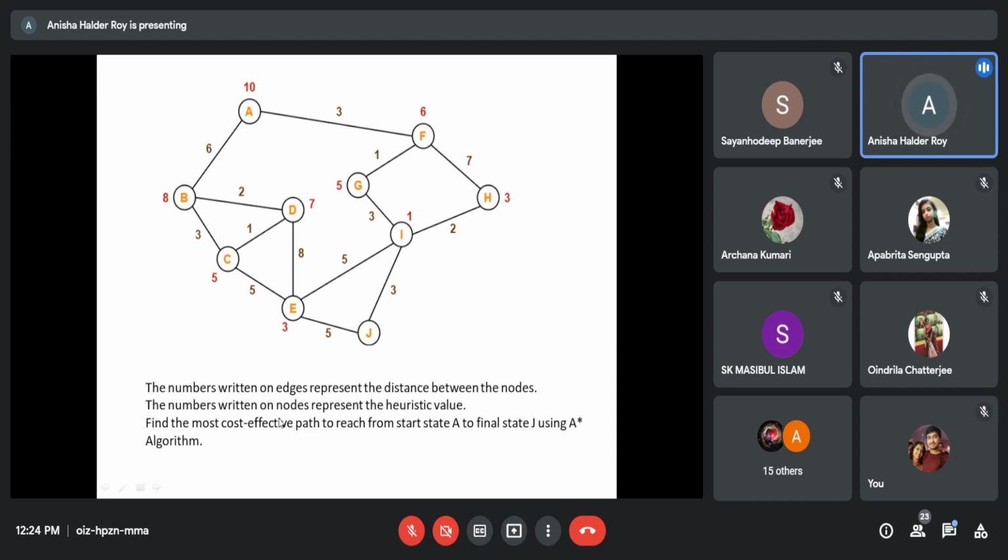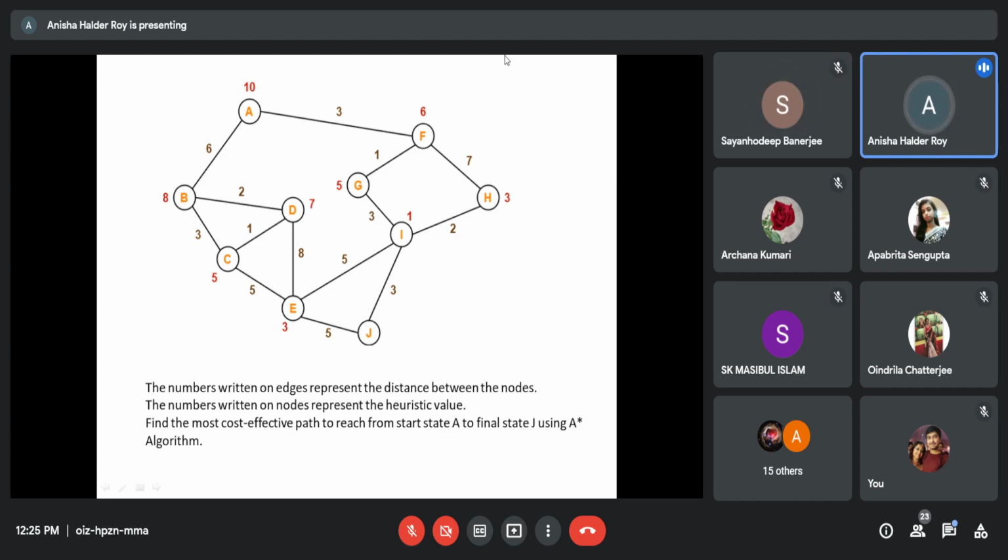Find the most cost effective path from the start state A to the final state J. This one is the final state. You have to start with A and follow the most optimized, cost effective path. Your goal state is J. Understand? These are the h values written on the nodes, and the g values are written on the paths. Clear now?